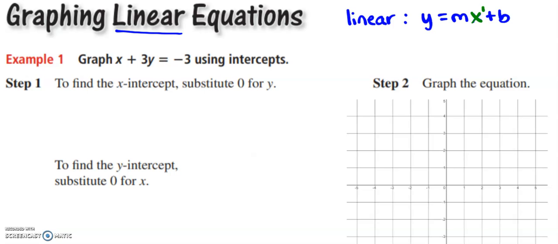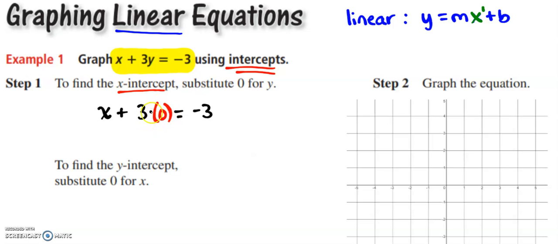So, as I said, we're going to graph x plus 3y equals negative 3. In this situation, we're going to graph it using the vocabulary that we talked about before, which is an intercept. So we're going to find the x-intercept first, and we're going to do that by substituting 0 for y. The equation is x plus 3 times y equals negative 3. But if we take out the letter y, and we put in 0,